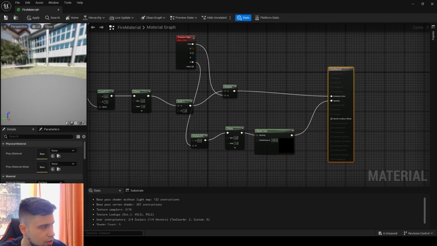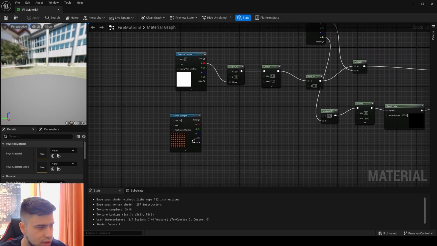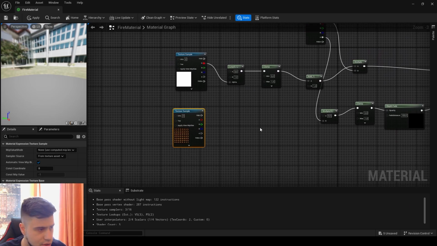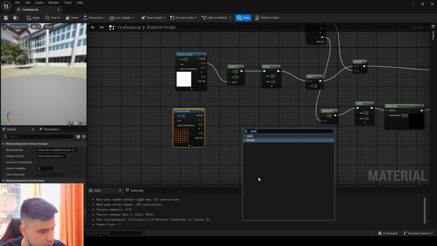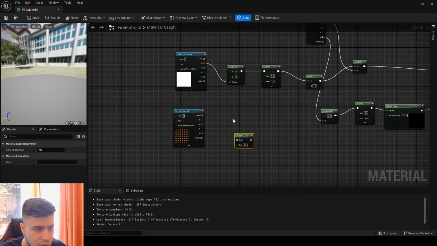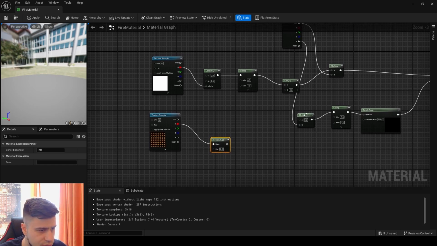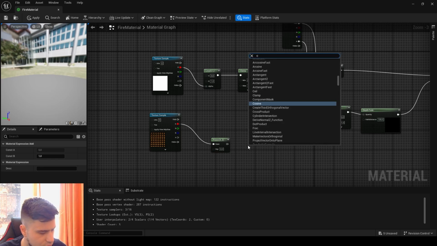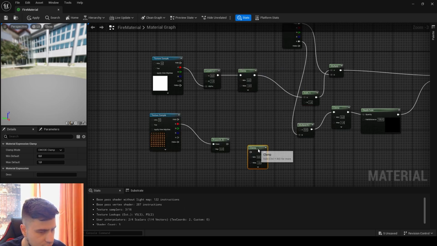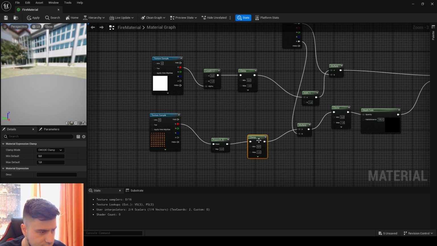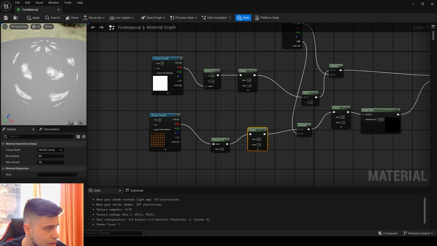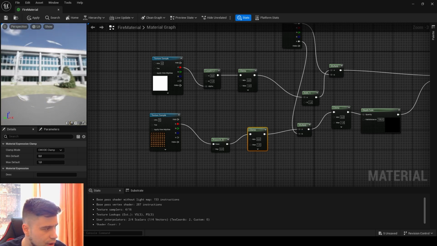And I will connect this to the opacity, the depth fade to the opacity. Okay, so now let's save it for now. Okay, our texture is here. Let's start with the second texture. So first let's add a power. Okay, one power here, and I will connect here the alpha with the base, and here this multiply, we need one more clamp here. So right button again, write clamp, and connect this power to the clamp here, and after that to the multiply. Okay, now you can see